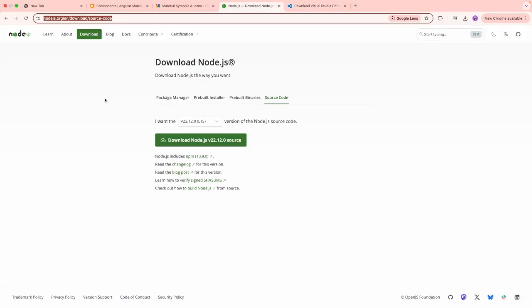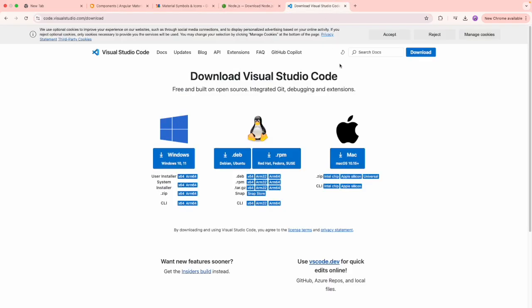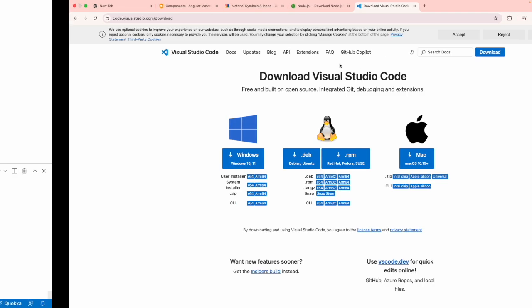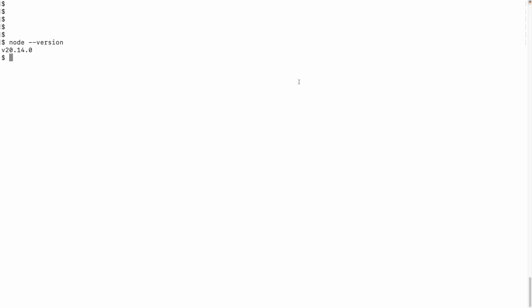If you don't have node, just go to the nodejs.org downloads page and you can download it as per your platform. If your platform is Mac, you can download for Mac, and if it is Windows, you can download for Windows, and use all the installer steps to install node. Once the installation is done, it is also recommended to use Visual Studio Code for our application. I use Visual Studio Code in this complete video. So make sure you download Visual Studio Code, though it is up to you which IDE you want to go with. So let me go to the terminal, and inside the terminal I verified our node version,